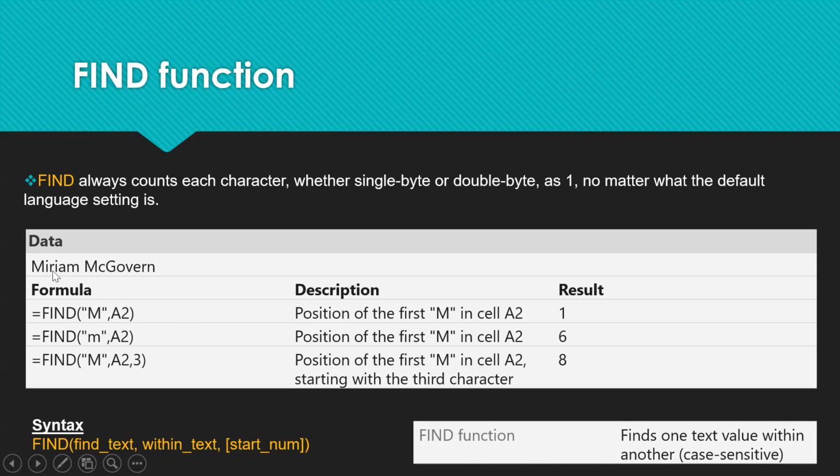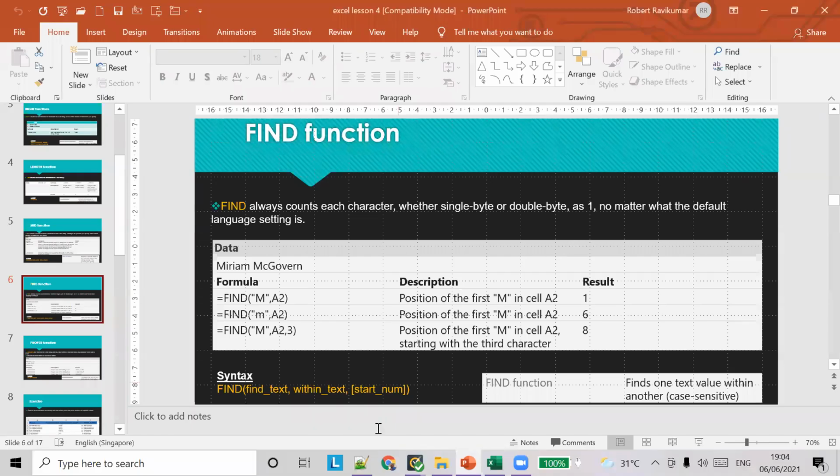Okay, so Miriam, 1, 2, 3, 4, 5, 6, 7, 8. So from the third position, it's going to find capital M at the 8th position. Okay, so yeah, better we'll do an example on this. Okay,